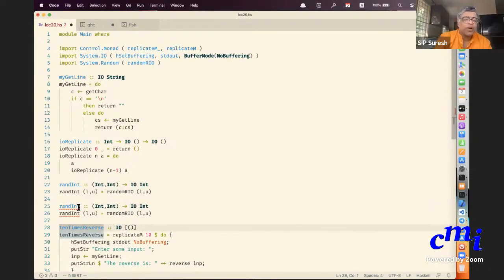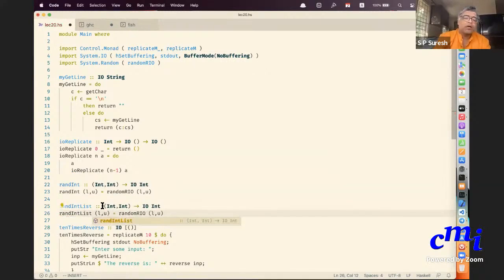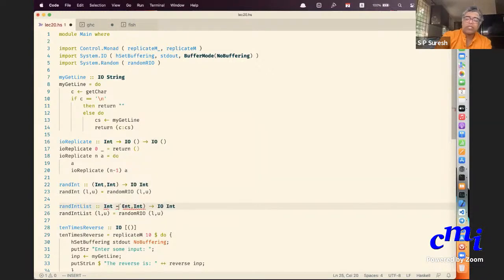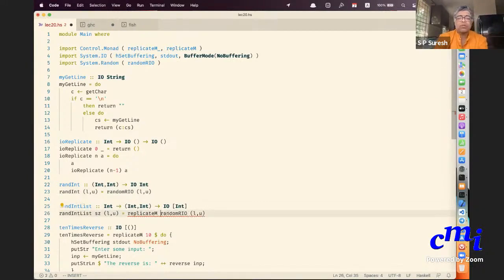Instead of random int, I'll call it rand int list, and I'll take one more parameter, which is the size. Then I'll produce a list of integers, and the way I do it is replicate M so many times this action.